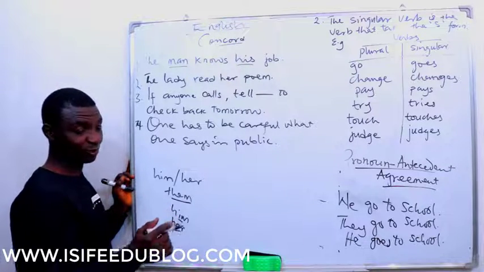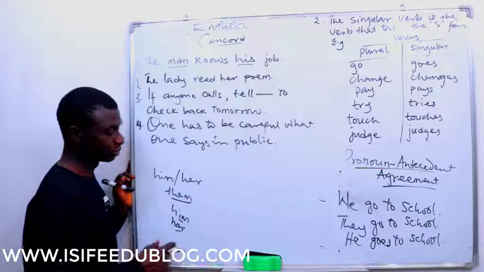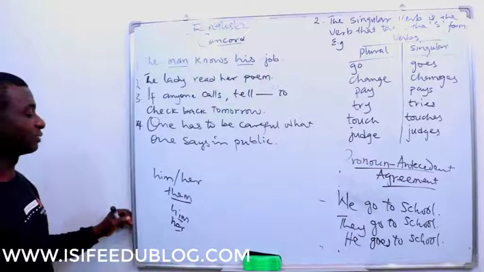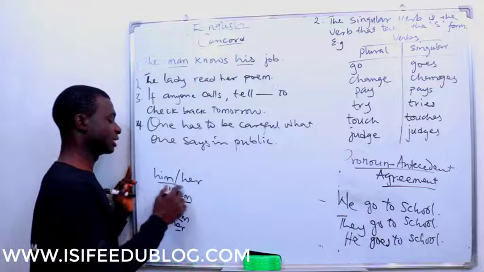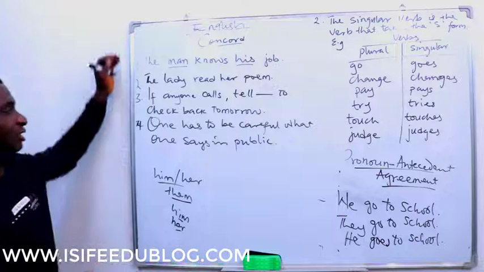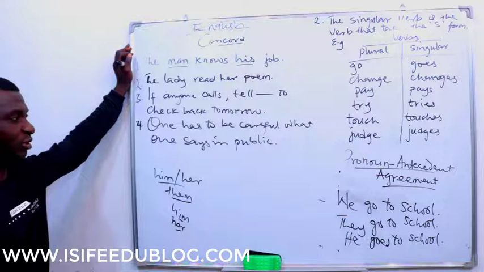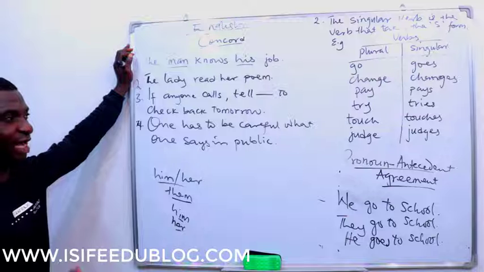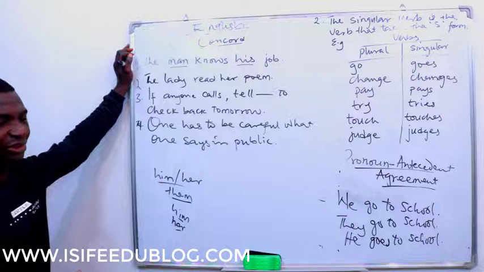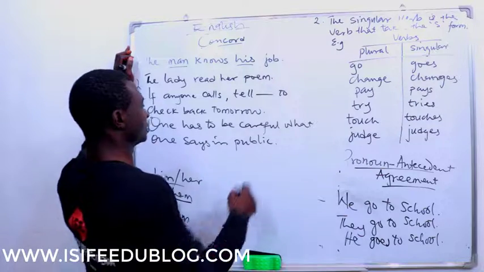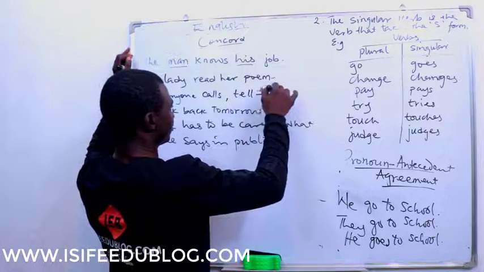But them, which is the plural form, combines the two. It no longer knows male or female. Because of this, considering the boring nature of repeating him or her, if anyone calls, tell him or her to check back tomorrow because him or her did not come early enough and we have closed before him or her comes. Him or her will be too many. So if anyone calls, tell them